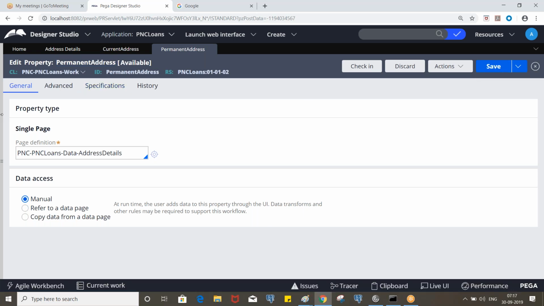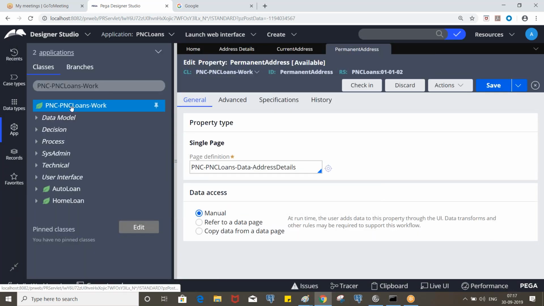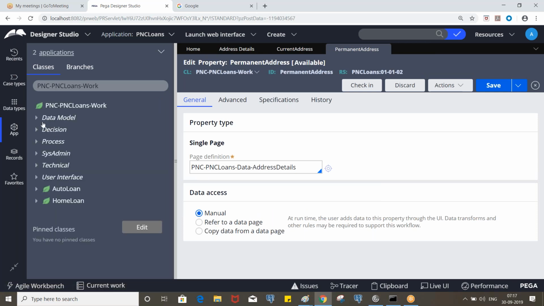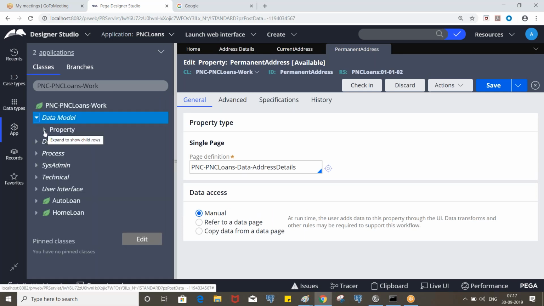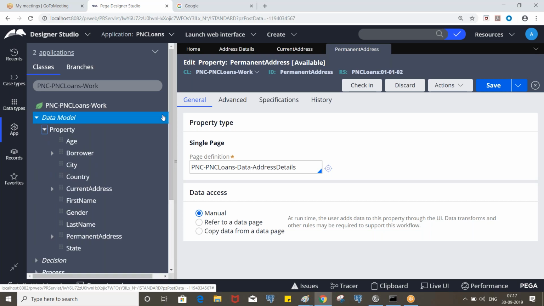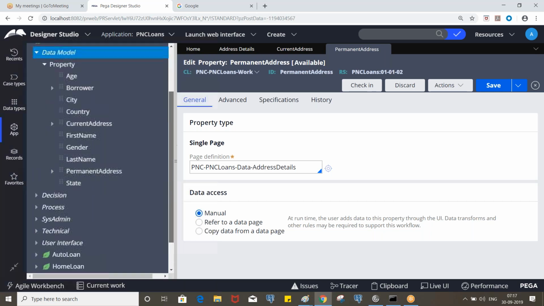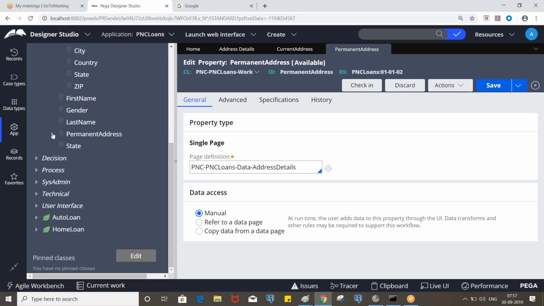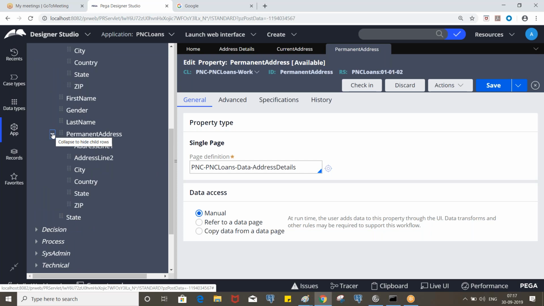Now if you look at the work class, you see both current address and permanent address. It's the same as borrower. If we expand the current address, you see the same properties, and similarly the same properties under permanent address also.